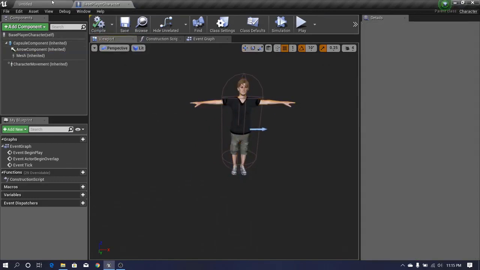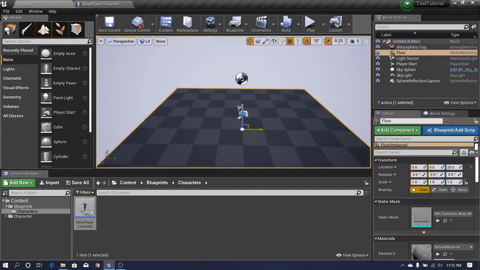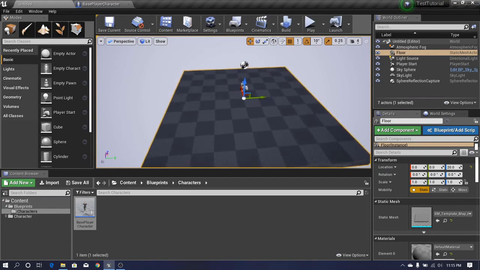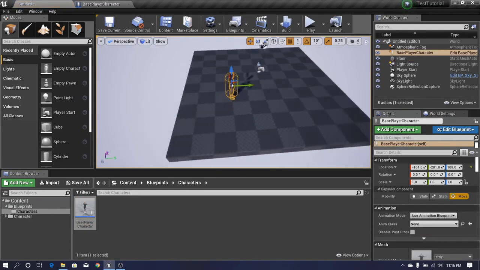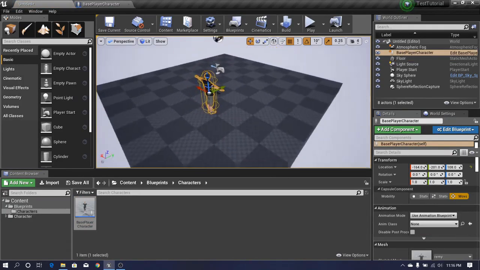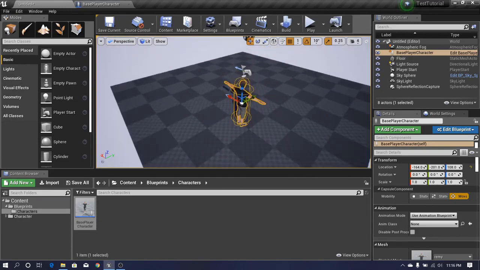So now I will drag and drop this character into the real world like this. Now you can see this is our third person player character,